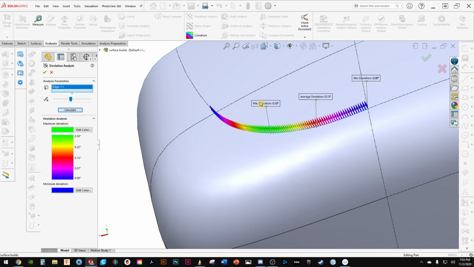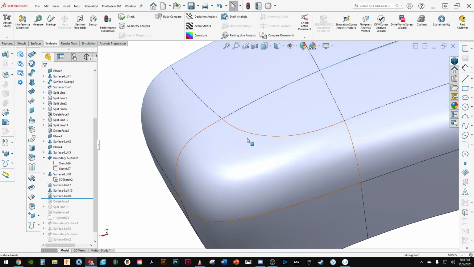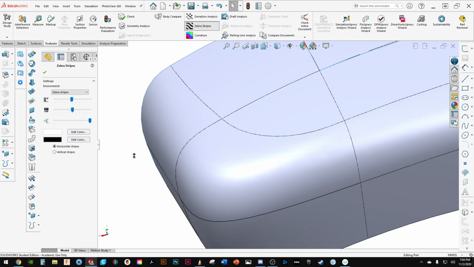So it's not quite very good. Max is 0.3. So again, anything under 0.0 is not bad. Anything above 0.09, I would start getting concerned about. Even though it shows it's tangent, it's still not perfect. If we do zebra stripes,